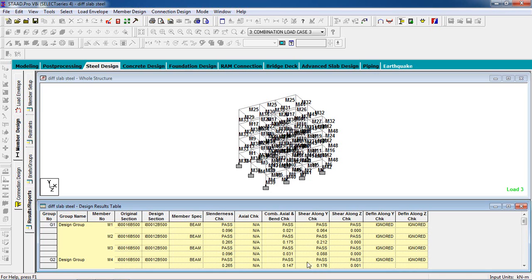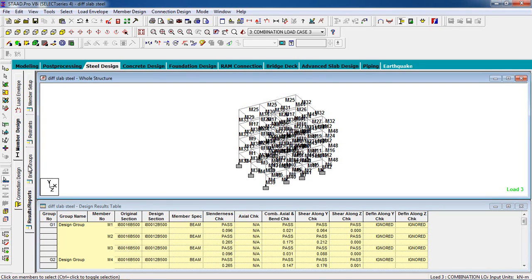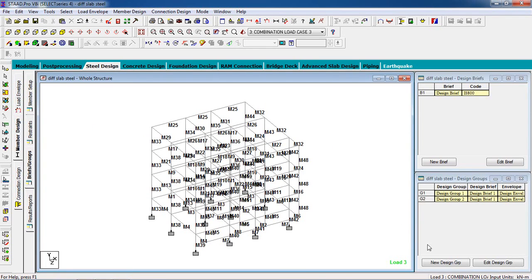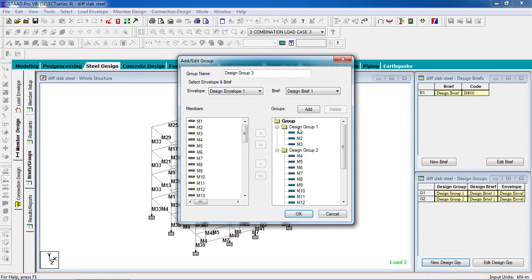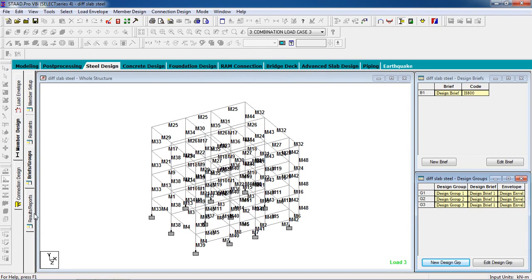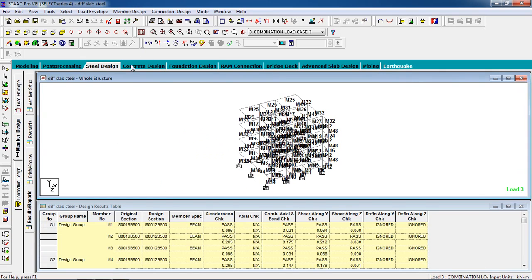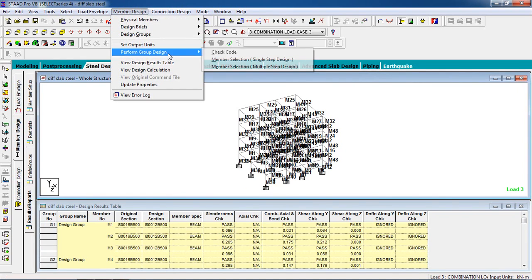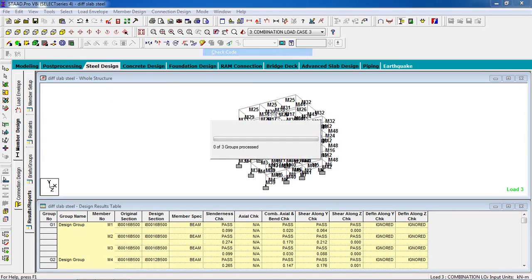Okay, now again go to briefs and groups, go to new design group. Now add a new group. Now add the rest of the members, select them, then hit OK. Now go to results and reports, go to member design, perform group design, check code.